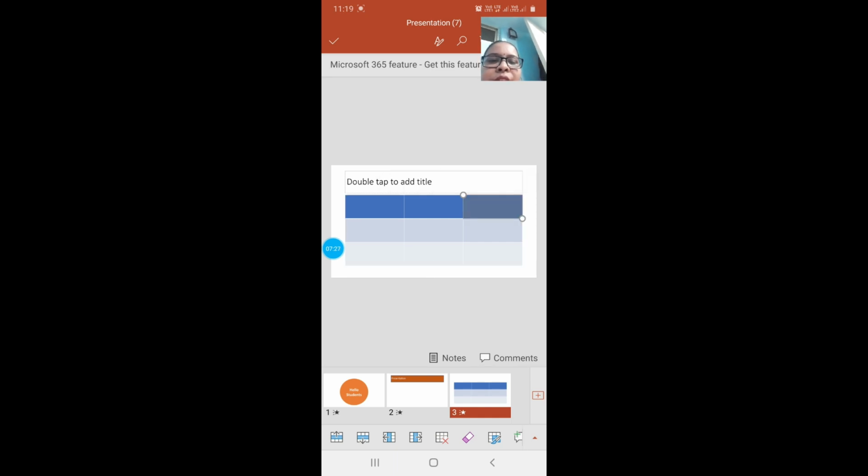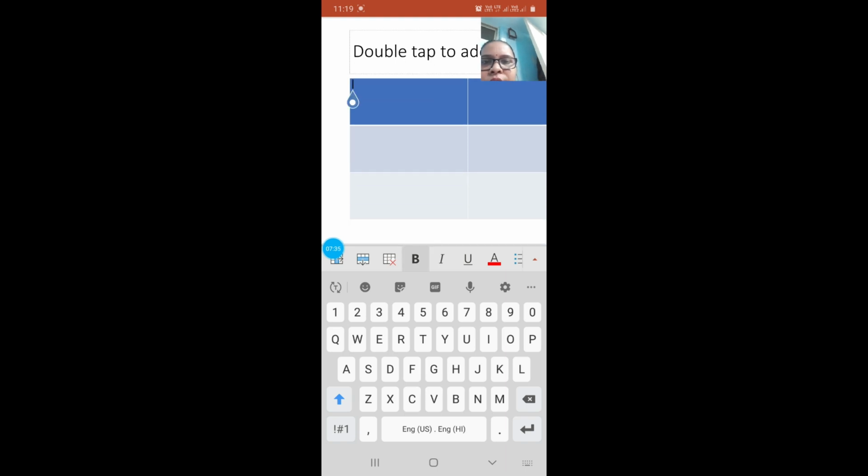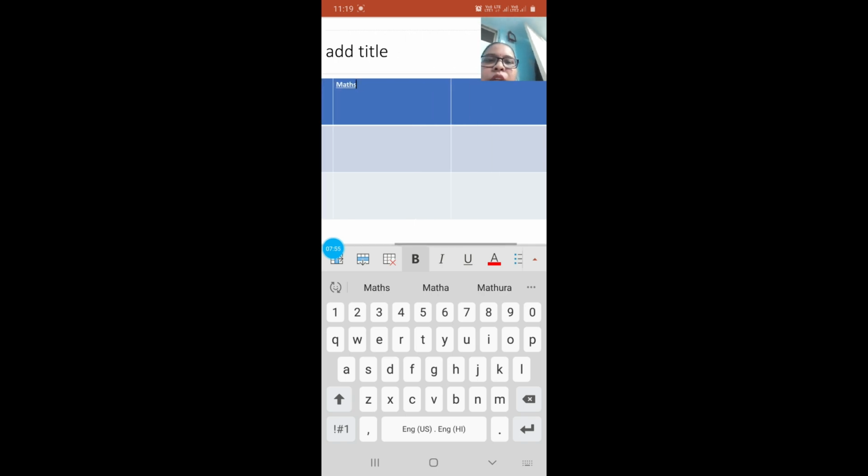You can select this area and select it. Let me complete that. Here you can do the editing, like I want to write the name, I want to give the heading. Okay, then I want to give the